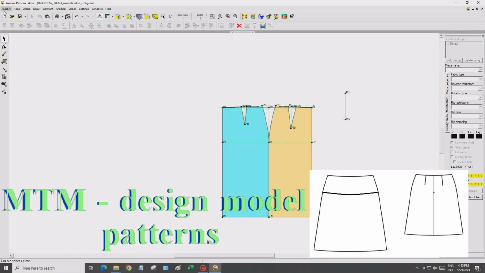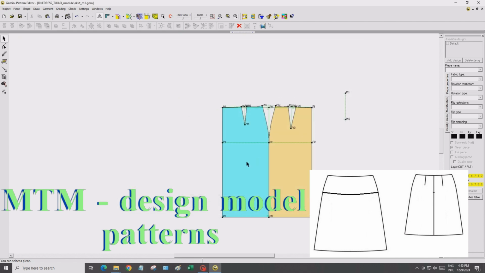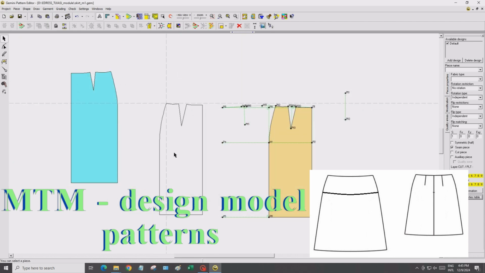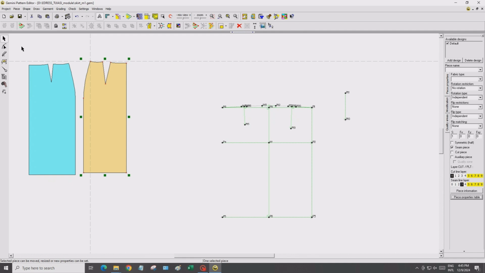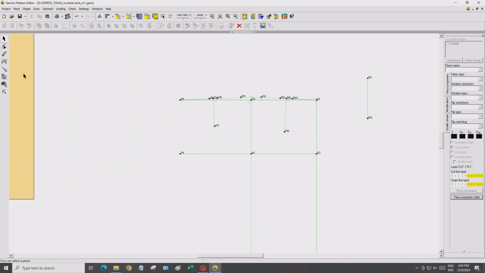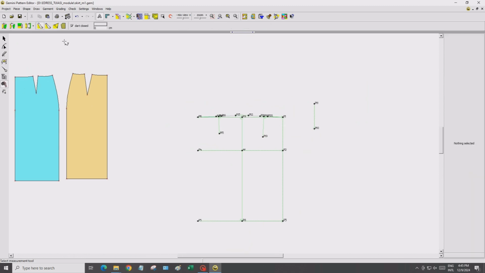This video explains how to use the tools from the Gemini CAD Made to Measure module to design the patterns of a model. First of all, we have to upload the network and the basic shapes and save them with a different name. As you can see, we'll use piece to move the pieces from the geometrical network. Then we'll go inside